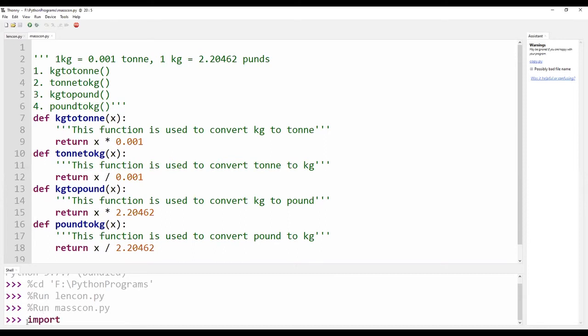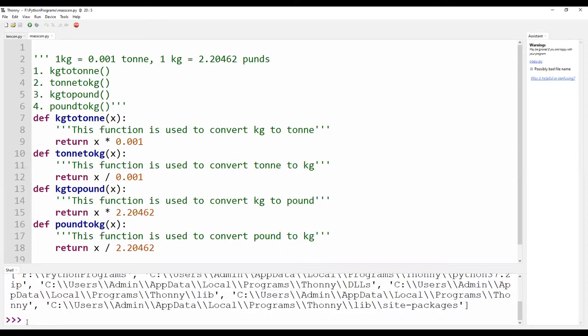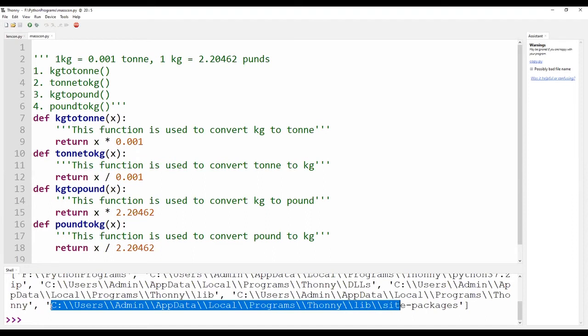In order to know where site packages is, in the IDLE command, I am trying to type import sys, print sys.path. See, this gives me the place where I have to place my created package, namely conversion. The conversion package has to be copied from here and pasted inside the site-packages.